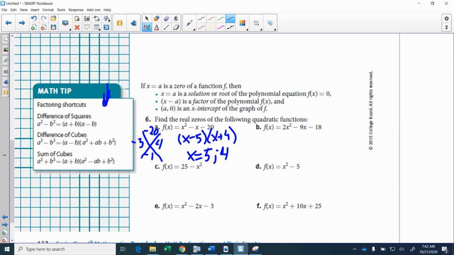The next method I could use, let's say if I just want to solve it out, okay? Granted, I can use a problem like this, like letter C. Letter C goes directly with the difference of squares. We have an x squared, and we have a 25. Both are perfect squares. So I could factor this out as the square root of 25 is 5, the square root of x squared is x. So this would come out to be 5 minus x,